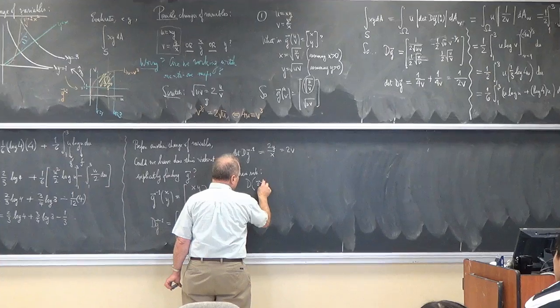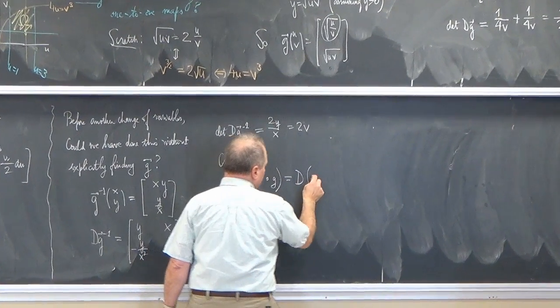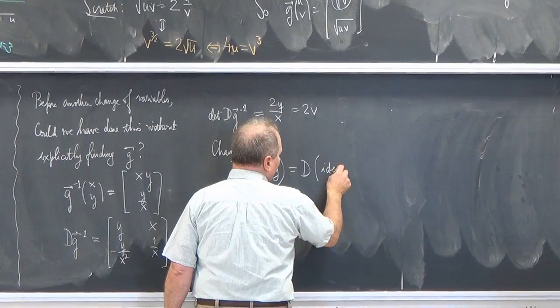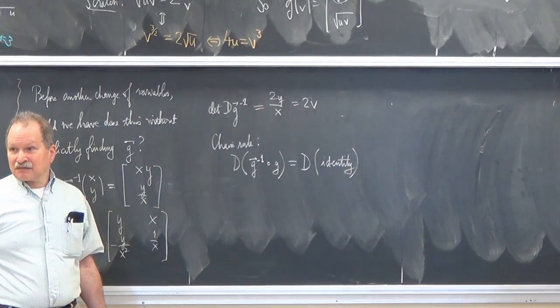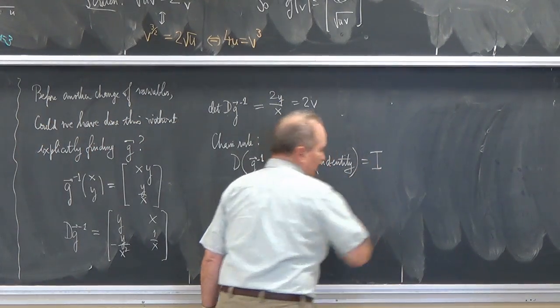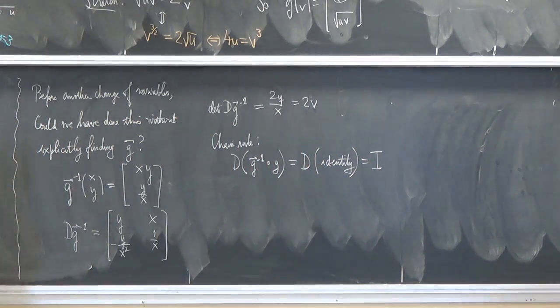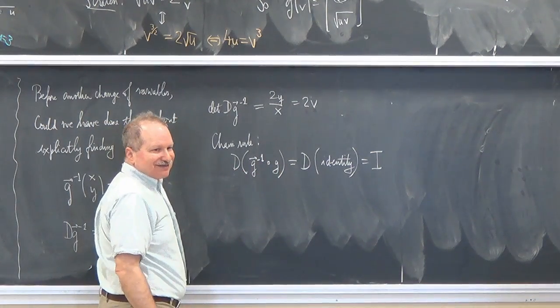If I take g inverse composed with g, I get the derivative of the identity function. And what's the derivative of the identity function? The identity as a linear map, right? So I'll write an I for identity. Chain rule says derivative of a composition is